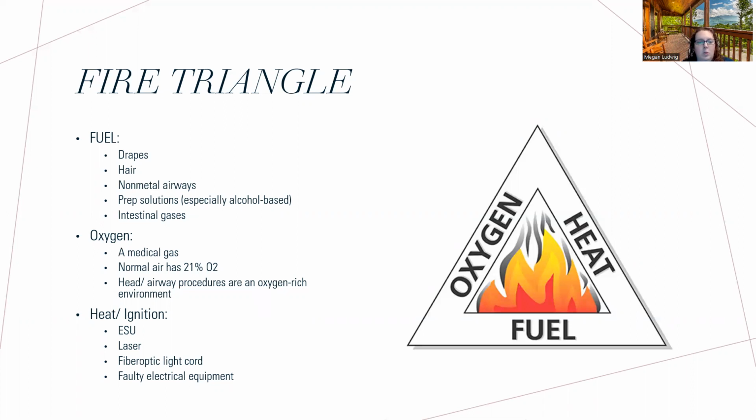The third one is heat, or you'll see sometimes this one called ignition, depending on the triangle that you see, but it means the same thing. So the heat sources are going to be your ESU, which is your bovie, your handheld bovie. Could be a laser. It could be the end of a fiber optic light cord. So if we're doing a laparoscopic procedure where we have to take that camera, that scope into the abdomen, we have to have some way to illuminate the inside, right? So we have to hook up a fiber optic light cord that screws onto the scope itself to go into